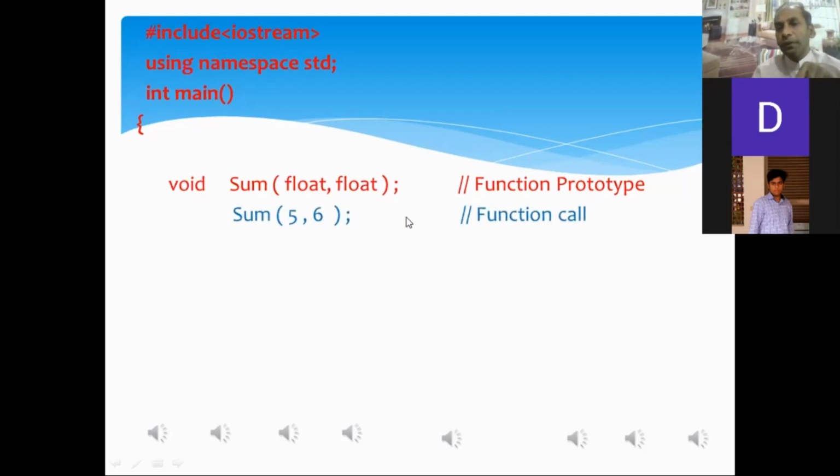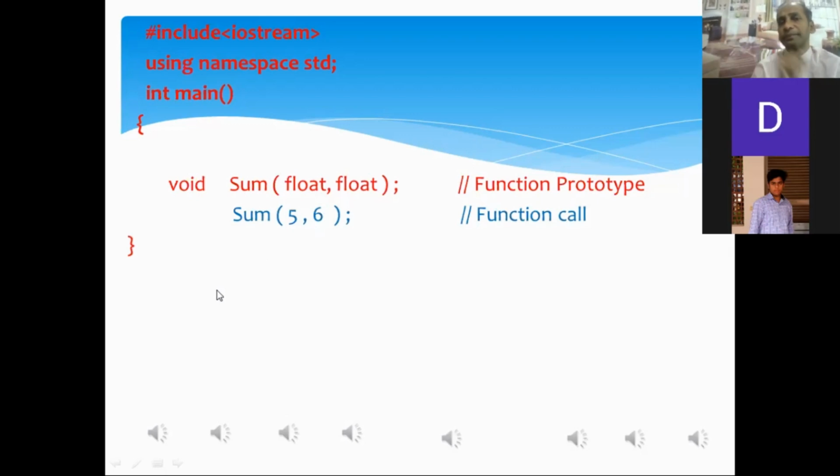Now the second line within the main function is known as the function call. In the function call, we have written the function name sum, and we have provided two arguments. We can specify the arguments as floating data type, 5.7 and 6.9. And over here, we end this main function with the curly bracket.